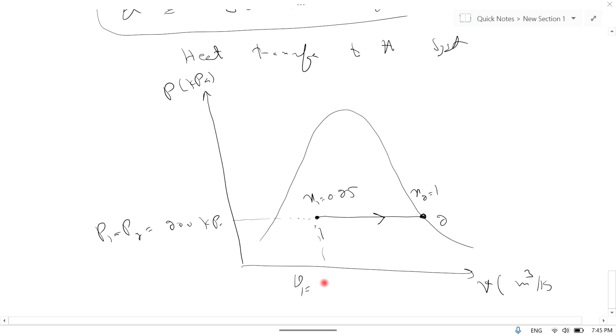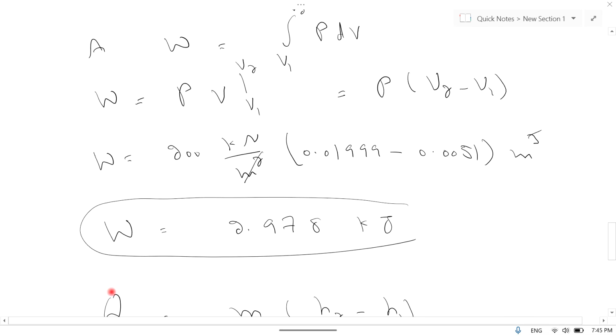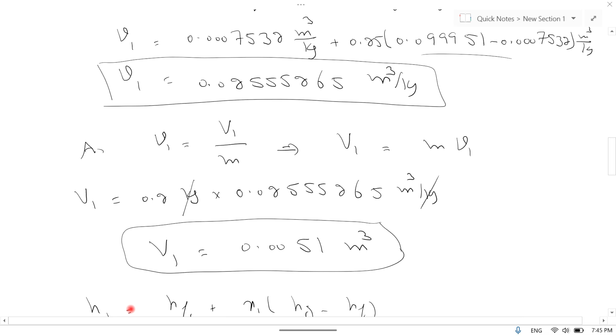And here specific volume V1 is equal to 0.025555265 and here V2 is equal to 0.09951 meter cube per kg. This is the PV diagram for the process, a constant pressure process, and this is the end of the problem